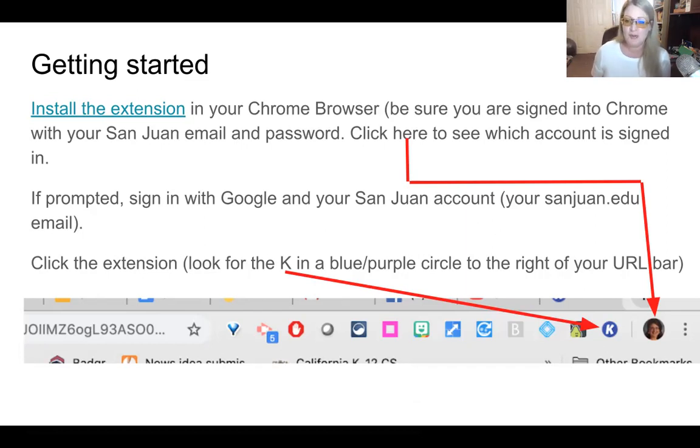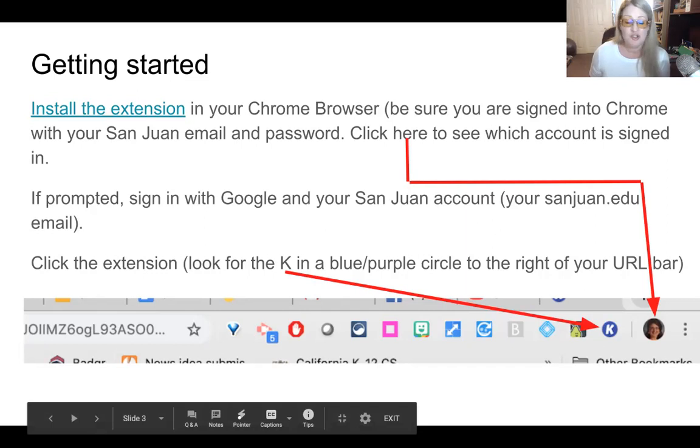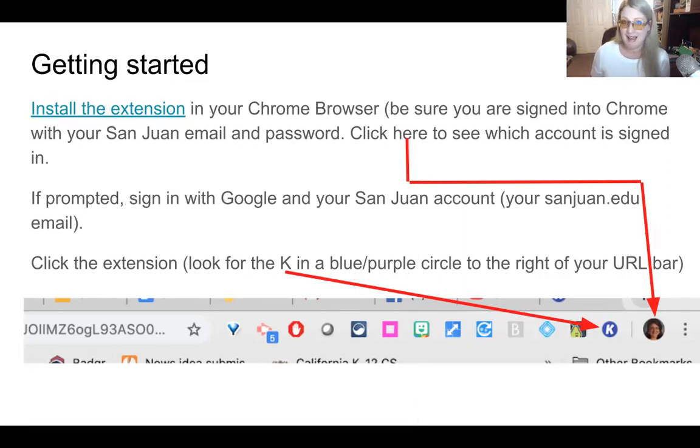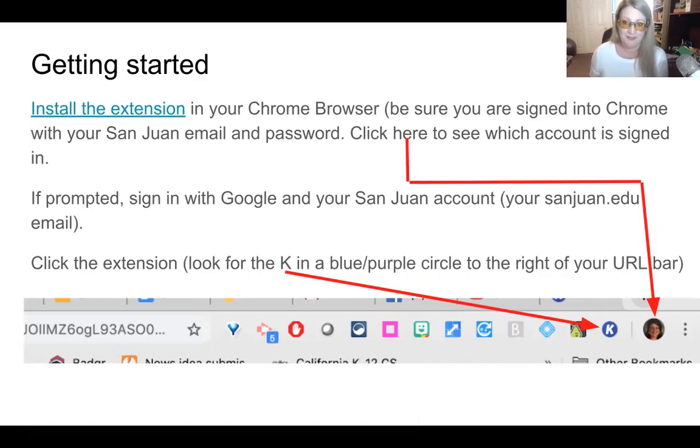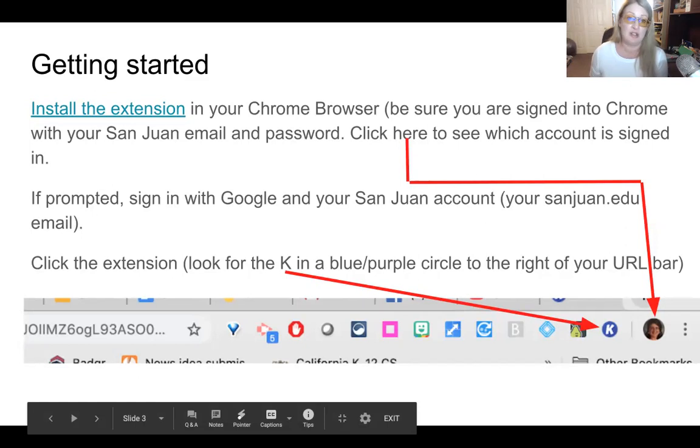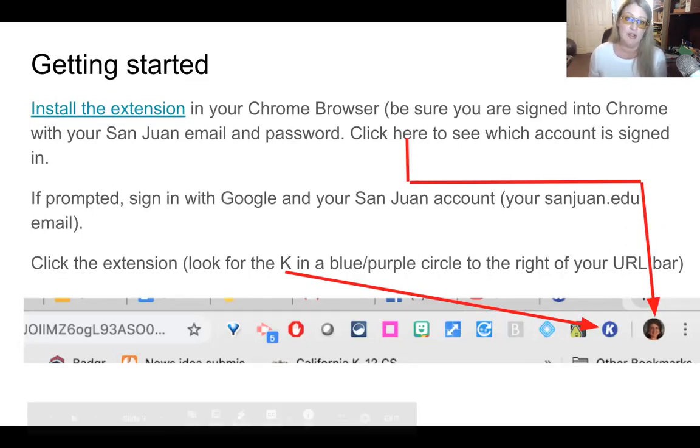So the first troubleshooting thing, nobody in our district should have to install this. It's there for you as long as you are signed in with your San Juan account. Same for your students. Your students will almost never have to click on this extension, but they still need to be signed in with their San Juan account to receive your assignment. Okay. Now, the next piece is